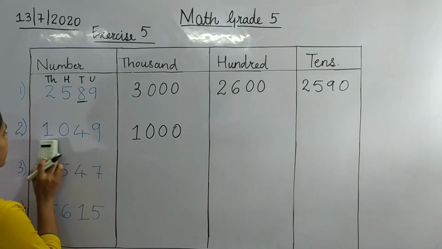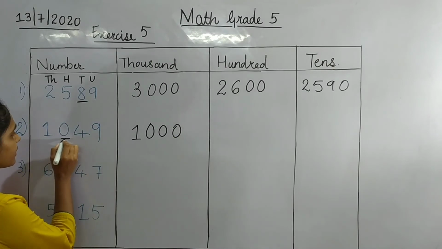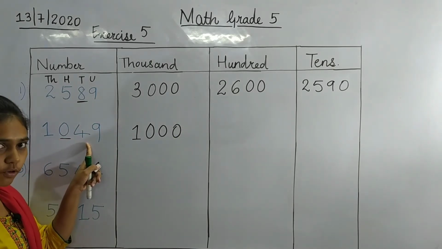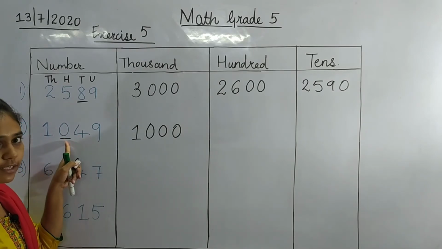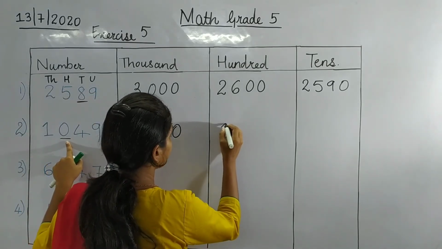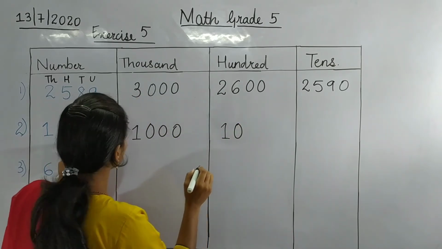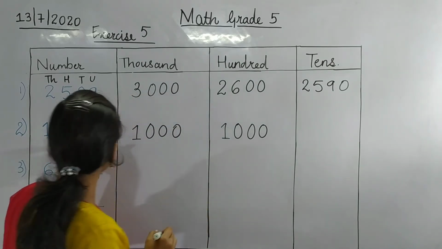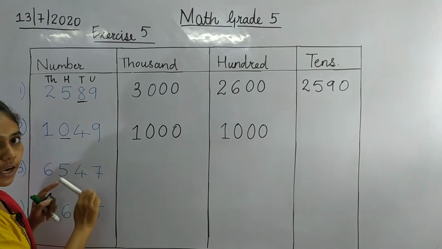Now we have to round it off to hundreds place, right? So the hundreds place number is 0. So we check the number after 0. 4 is after 0 and 4 is lesser than 5. So we don't add 1 to this number 0. So this 0 remains as it is, and the number before also remains as it is. Only the numbers after 0 will be 0, 0. So this is the number after rounding off the given number to its hundreds place.